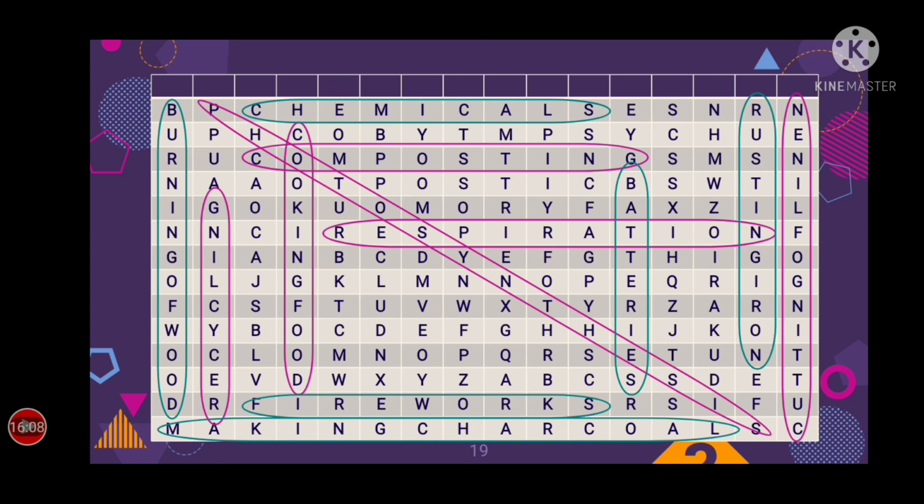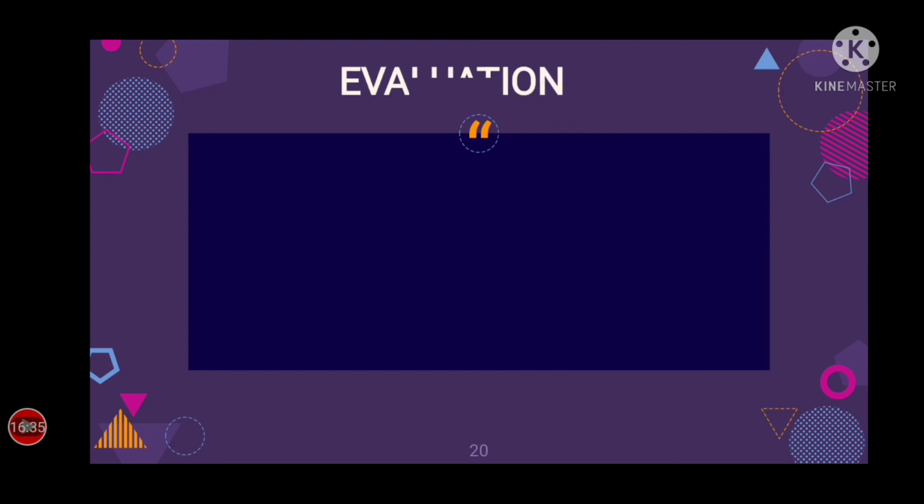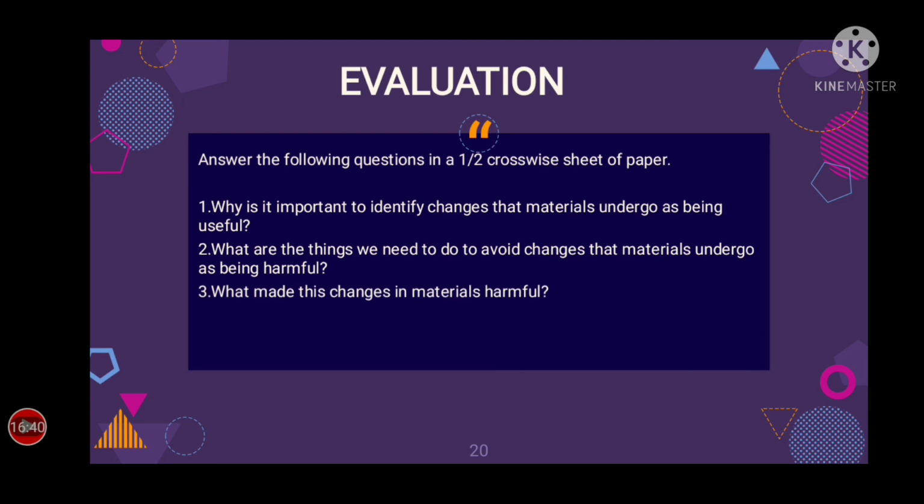And this would be not only a reminder, but a knowledge for you to understand that when we are going to make materials undergo changes, it can be useful or harmful. But let us always know that useful is good and harmful is bad. So for the evaluation,